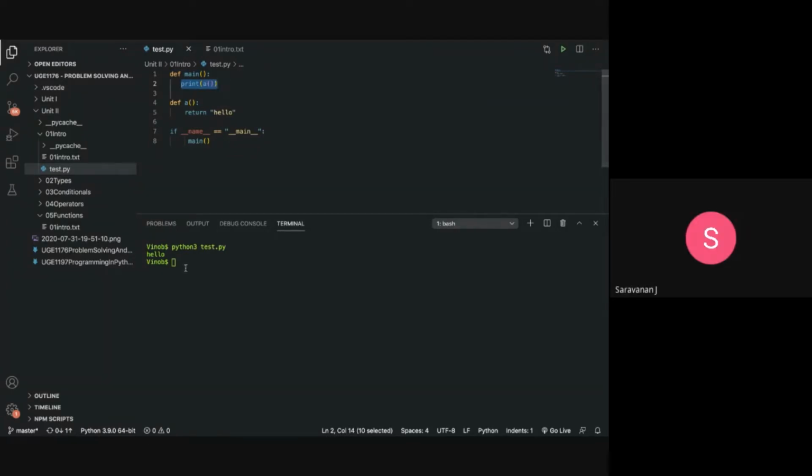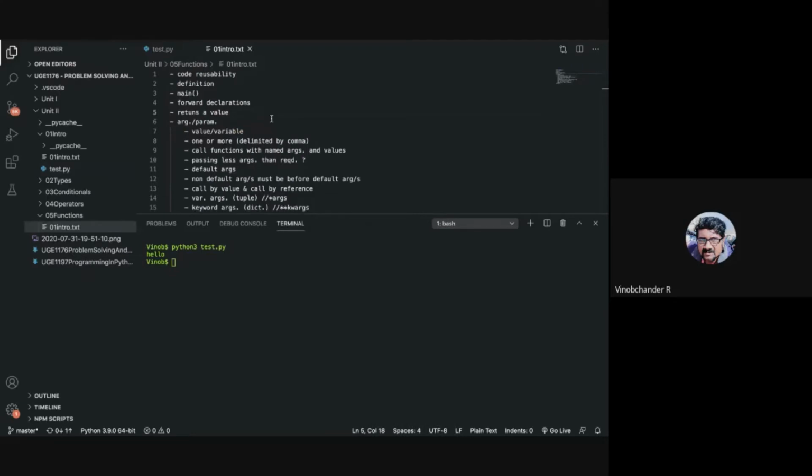But otherwise, if you do not have this particular kind of logic, if you try to call a function and then define it, it says the function is not defined. So this is a kind of workaround for that. So that is forward declaration.